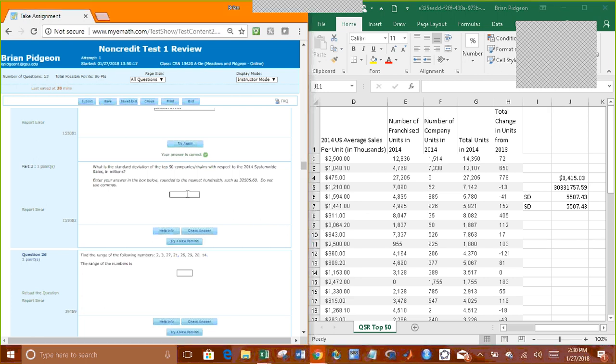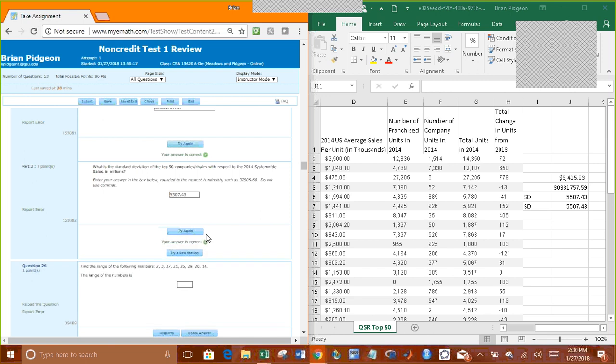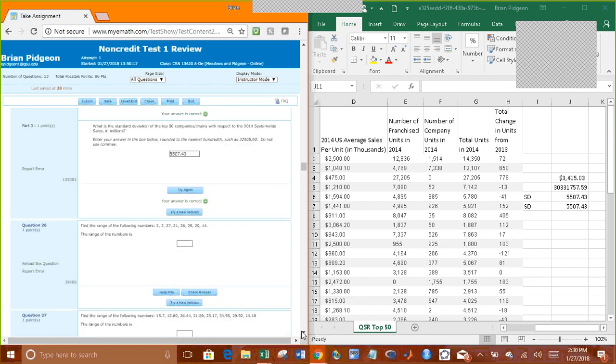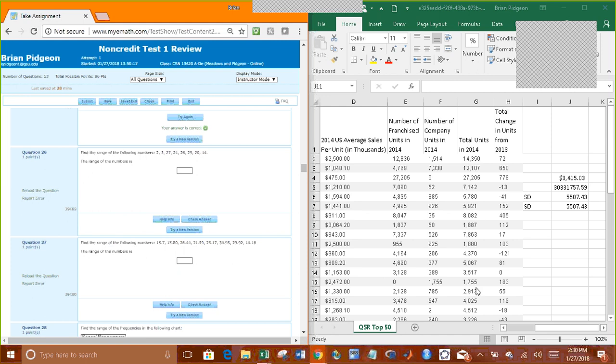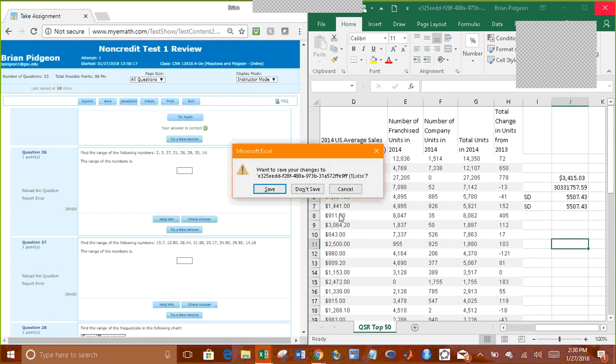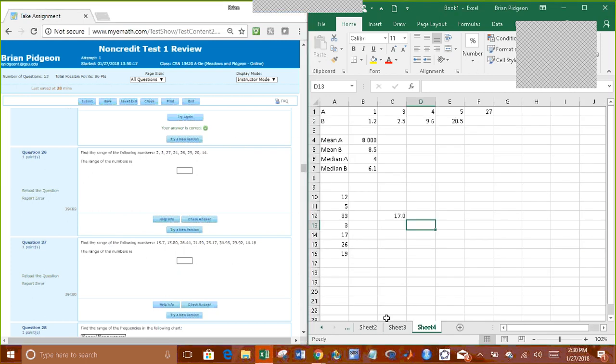Either way is fine. Just know that if you found the variance, you can easily find the standard deviation by just taking the square root. No need for more functions. All right, let's click out of that one. We're done with that set. All right, so back to